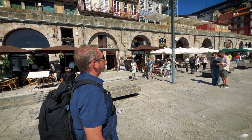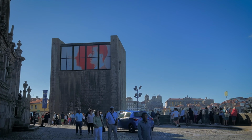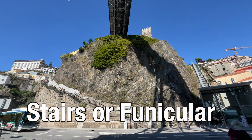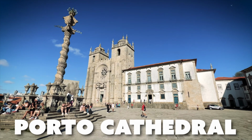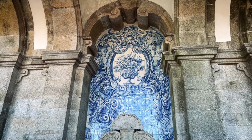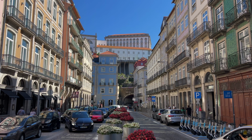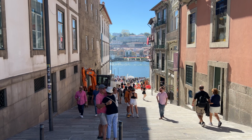And it's a good time to stroll through the streets. There's actually two different ways you can take to get down there. You can either walk straight down the main street there, which takes you down to the Dom Luís I Bridge, but from there you'll have to take stairs to go down. On this walk, you will pass the Porto Cathedral, so if you do want to see that, I highly recommend taking this way. If you're more into just strolling through small streets and enjoying the culture and atmosphere of Porto, then you can take the street to the right and head down there, and it's a straight downhill shot right